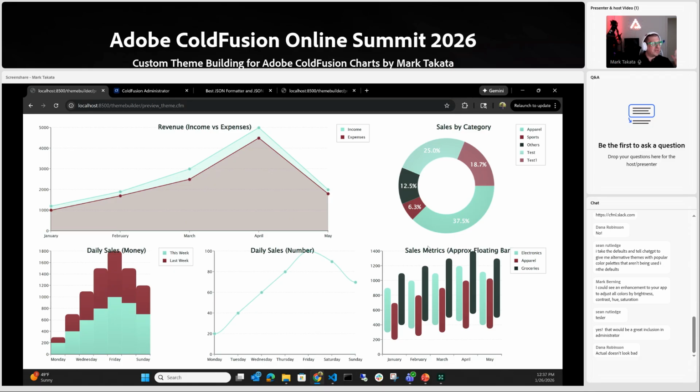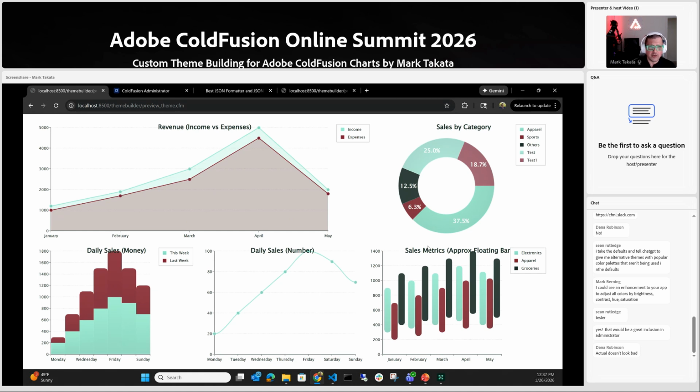Everything is math. And so this is pretty nice. There's no AI happening behind the scenes, by the way, in any of it. This is literally just math. It's just doing some calculations behind the scenes. What this does, though, is it gives you a heck of a solid start for a customized theme for your